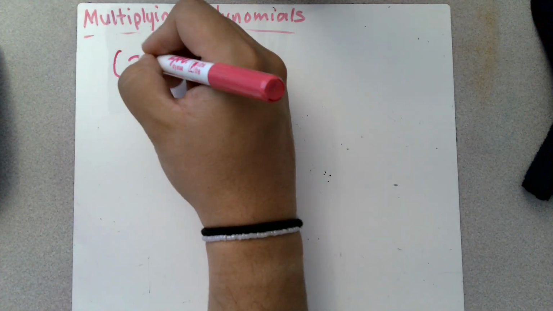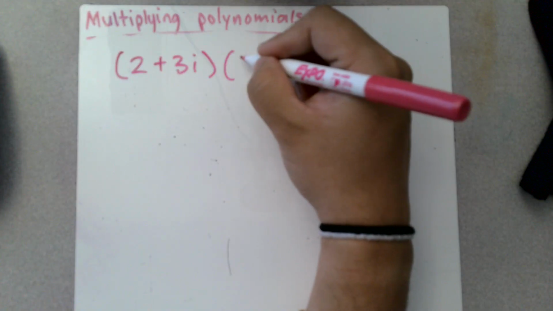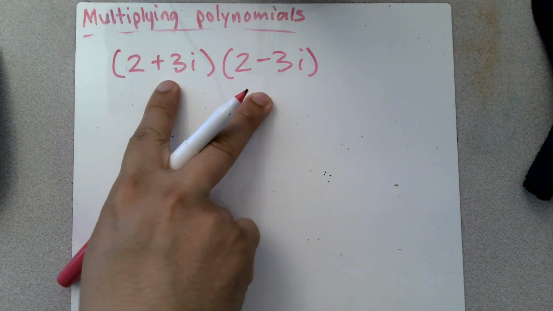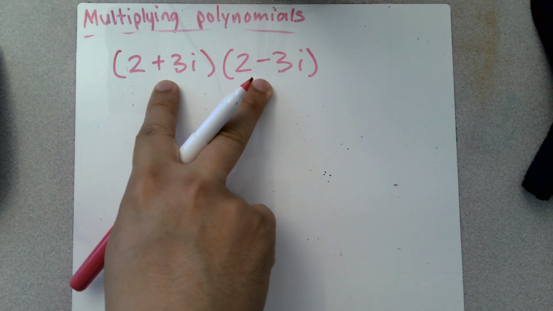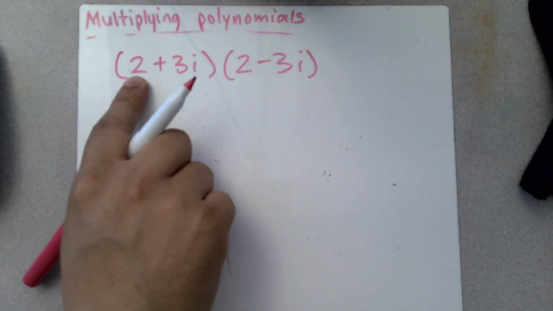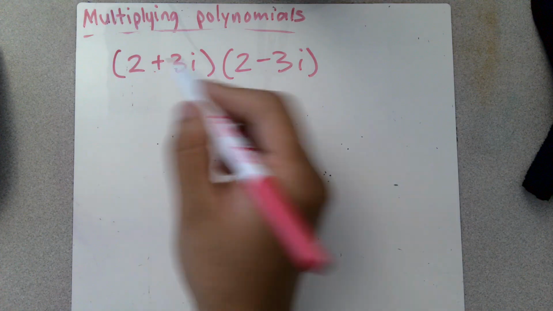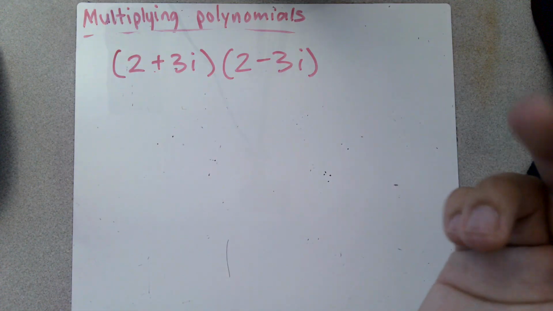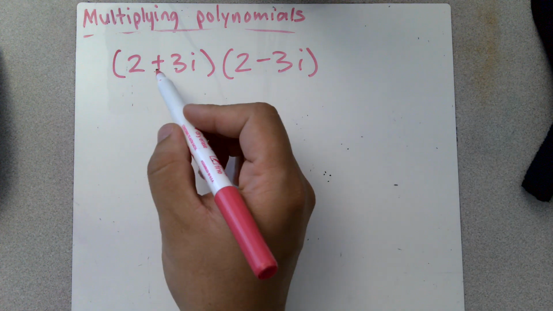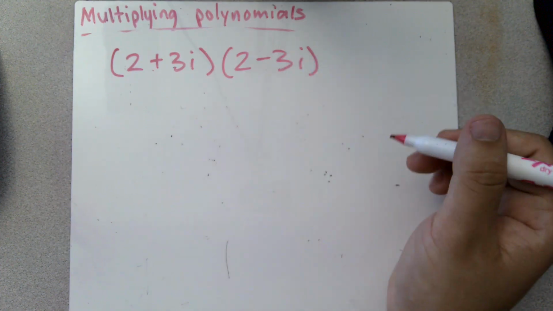Let's say 2 plus 3i multiplied by 2 minus 3i. There's a very specific reason why I'm keeping this as they're called conjugates, where one is plus 3i and the other one's minus 3i. They're the same thing, but they're separated by a plus and a minus. That's how they're going to appear in this unit. Nothing else other than that. And what ends up happening when we multiply a positive and a negative conjugate is,